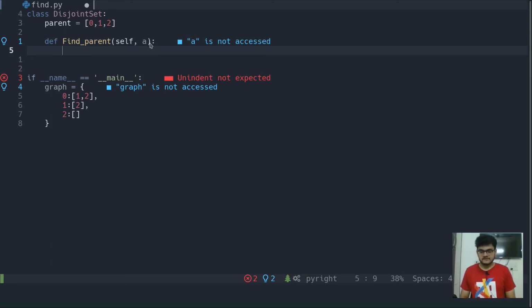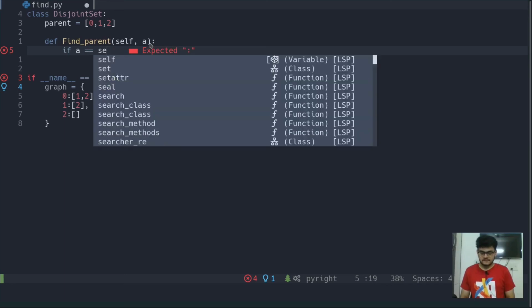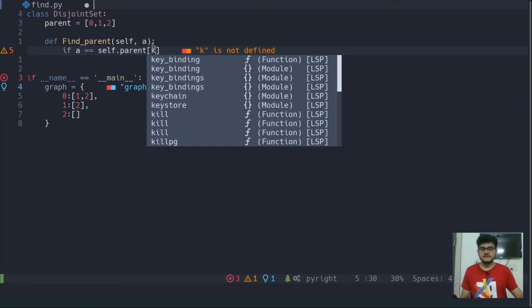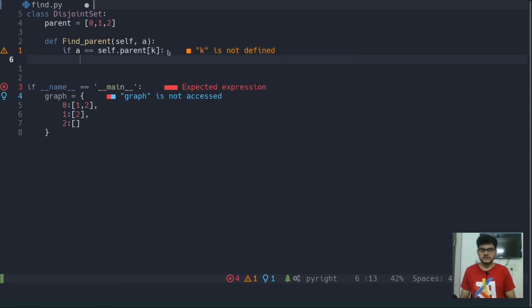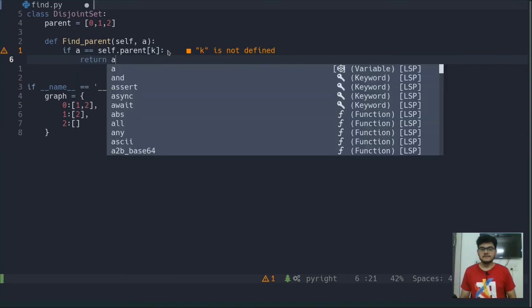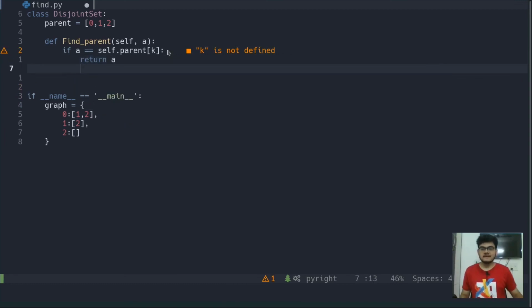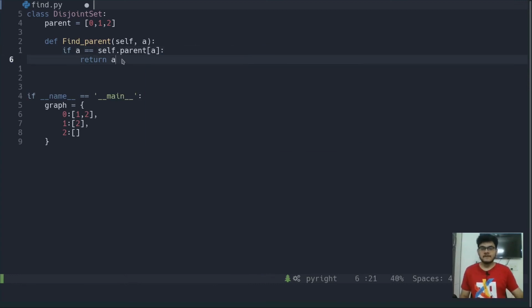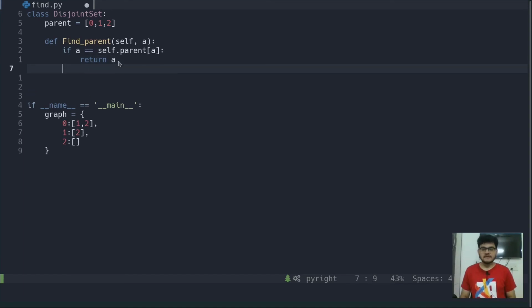The first case is that if the value of a is equal to self.parent at the a position, then we are just going to return a. We have already seen this case, so it should be a here, not k, right? So we are returning the value of a whenever we find that the element is there.